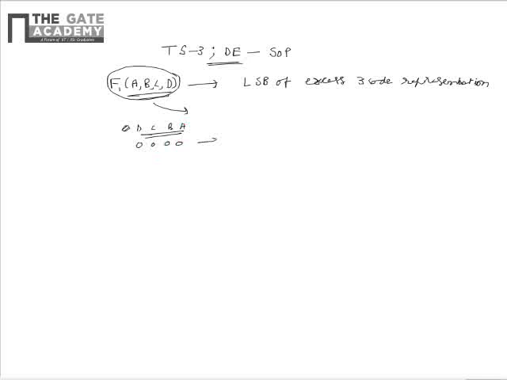If all are 0, this corresponds to an excess-3 code of 0011 and the LSB is 1. Similarly, 0001 maps to 0, 0010 maps to 1, 0011 maps to 0. Similarly, upon proceeding, we see that 0111 maps to 0 and 1000 maps to 1,